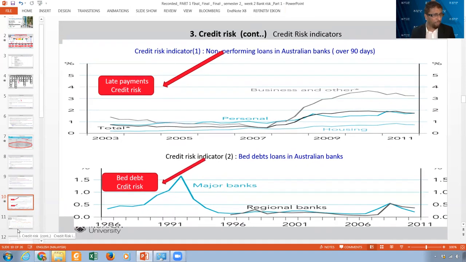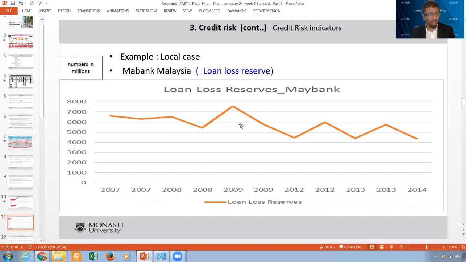I also took simulation data, and you can see this is for loan reserves. This is another measure. Loan reserve means it's not a delay in the payments. It's not a write-off. It's only the provision. When you have a provision and you expect some type of losses, at the end of the year, the auditors, the bank and the prudential authorities, thinking of running the bank very prudently, you have to make what we call loan reserves. The loan reserves mean you don't write it off, but you expect that there will be some problems.